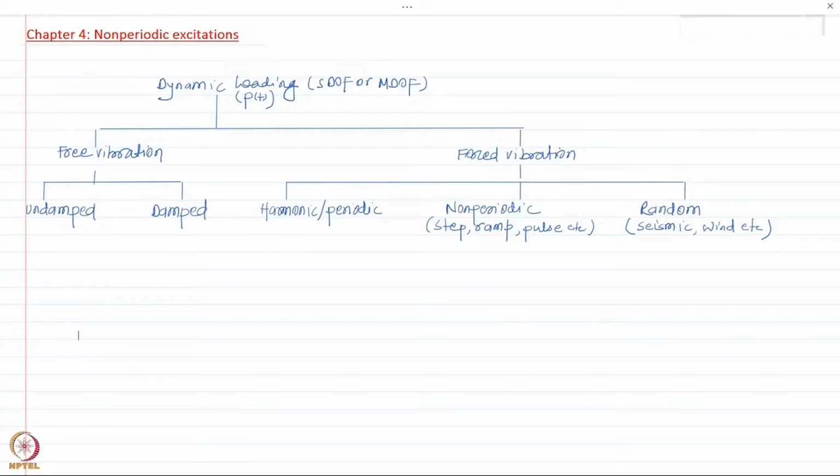Welcome back, everyone. In previous lectures in this course, we have seen how to obtain the response of a single degree of freedom system subject to either free vibration or harmonic excitation, and we did that for damped and undamped systems. But in reality,